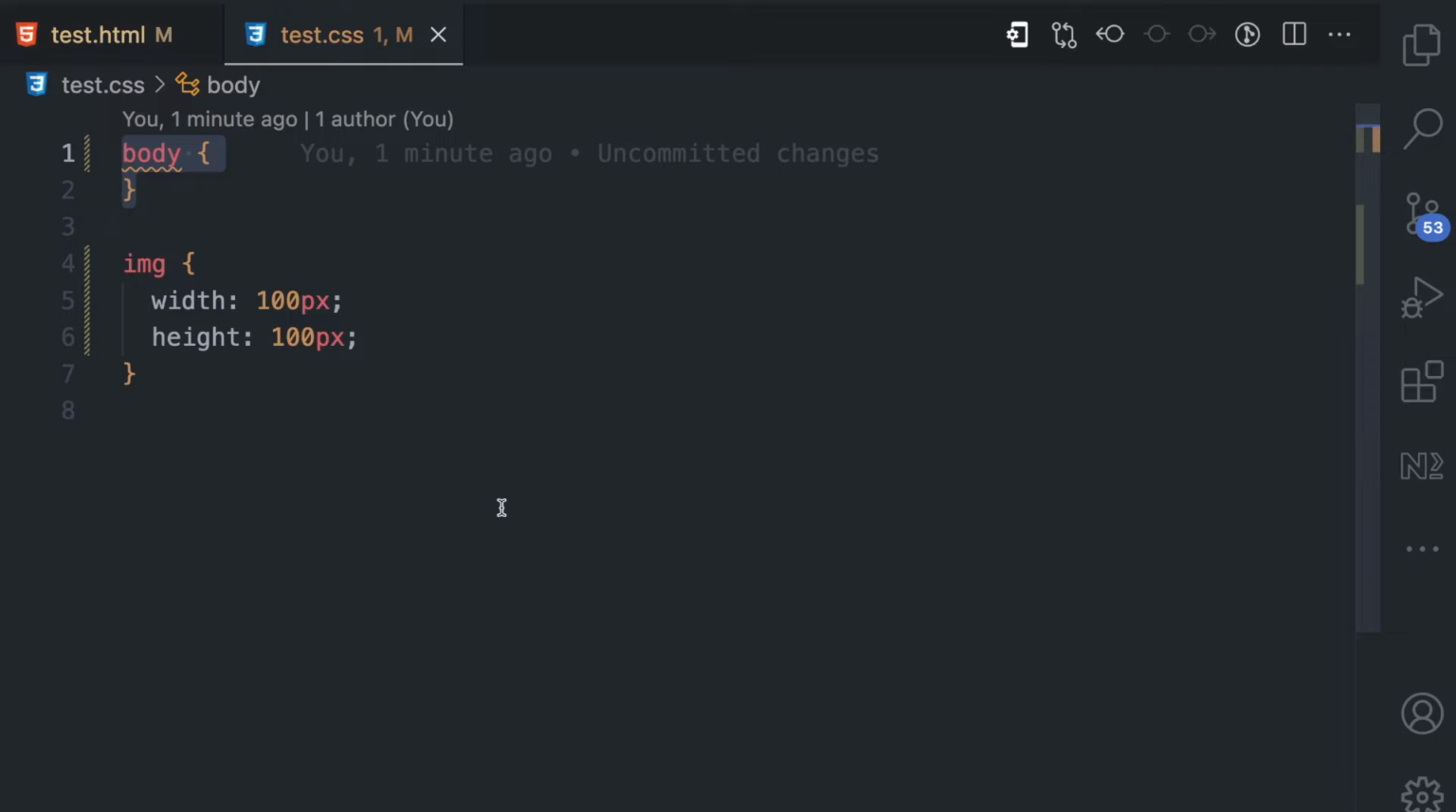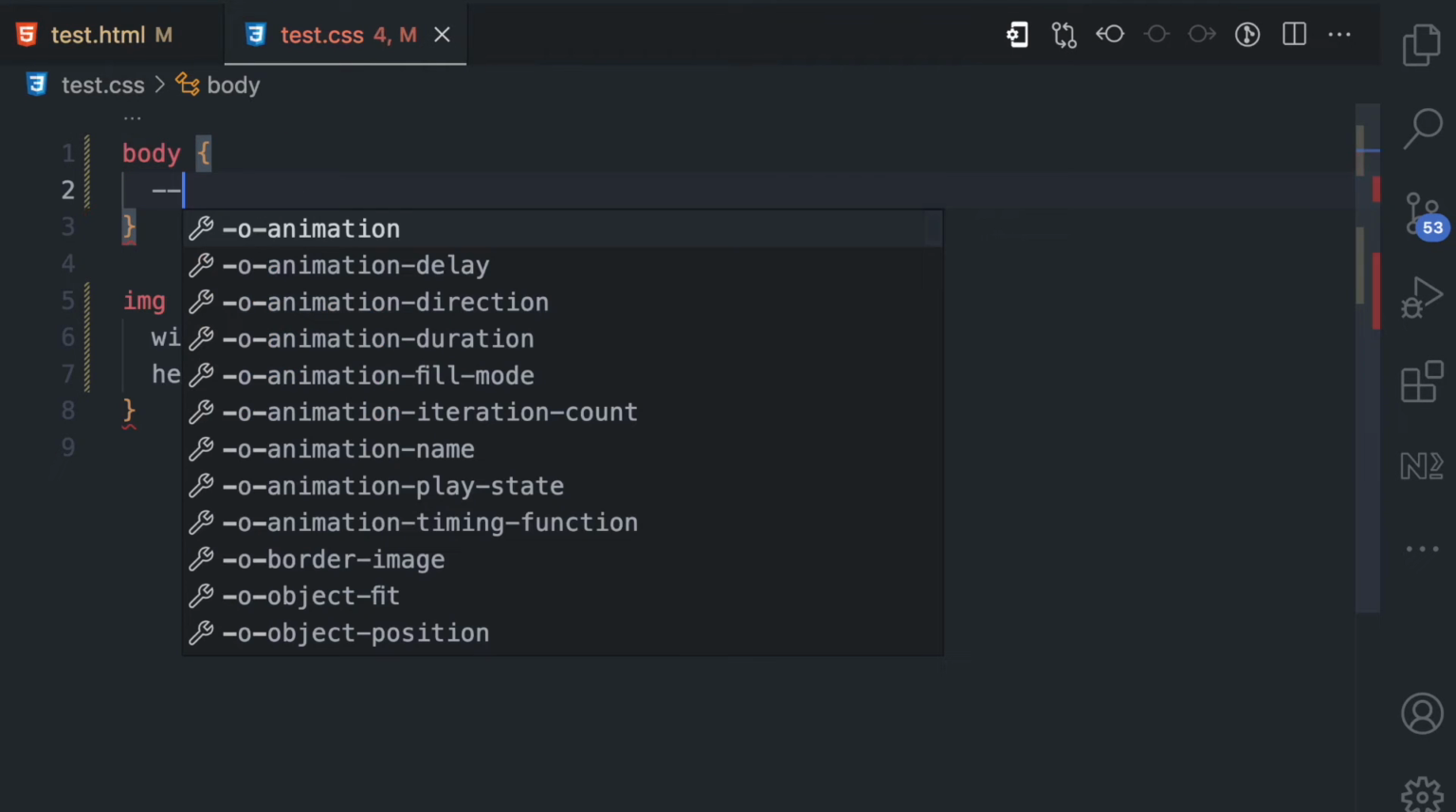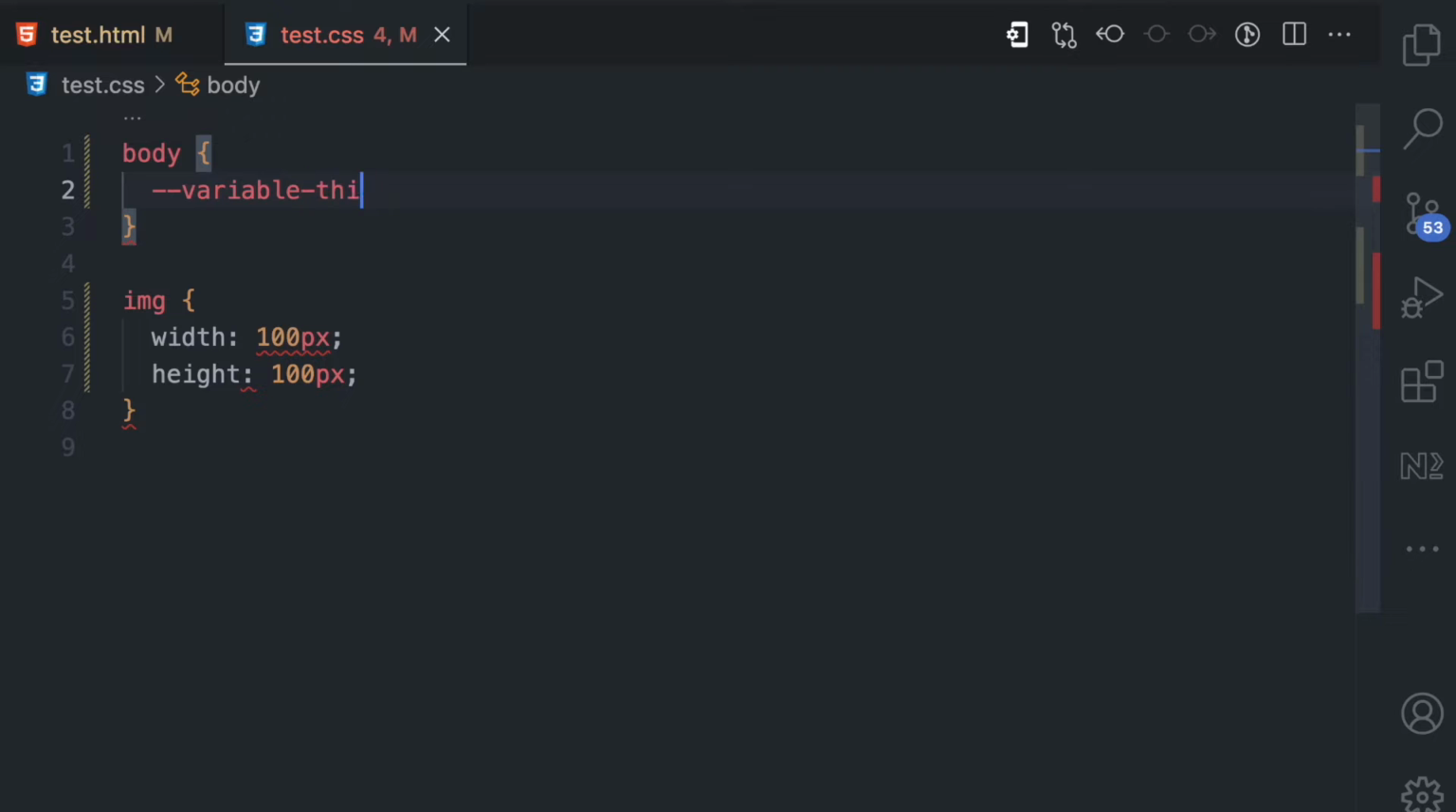Variables in CSS are declared just the way you declare properties in CSS. With properties, you have, for example, the border, and then you have some values. So this is a similar approach for CSS variables. The only difference is that before the variable name, you're going to have a double hyphen like this, and then you can have any variable name of your choice. So I can call a variable variable-this, just for an example, and then here you pass the value